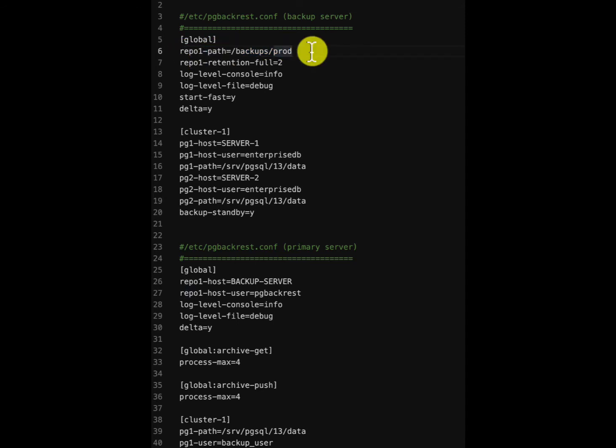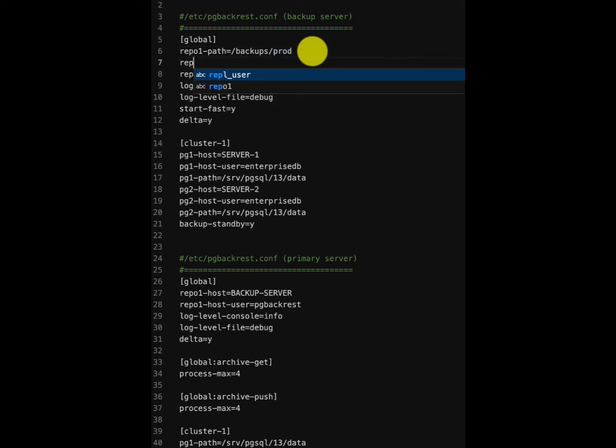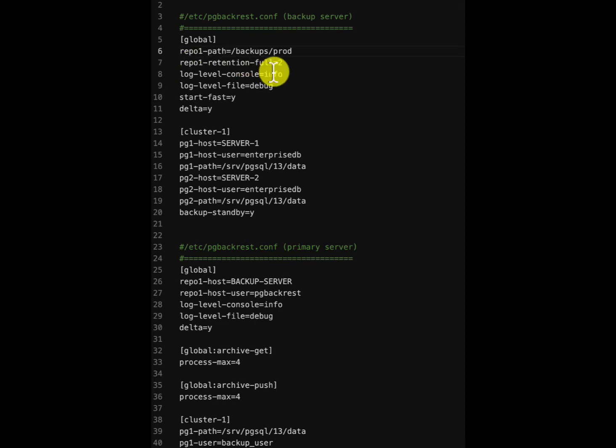If you have multiple repositories, you can add them as well. You can say repo2-path and add that repository. Those multiple repositories can be remote repositories. As I mentioned earlier, it could be Azure Blob Storage or an AWS S3 bucket, and you can see the relevant syntax for that in the pgBackRest command reference or user guides.